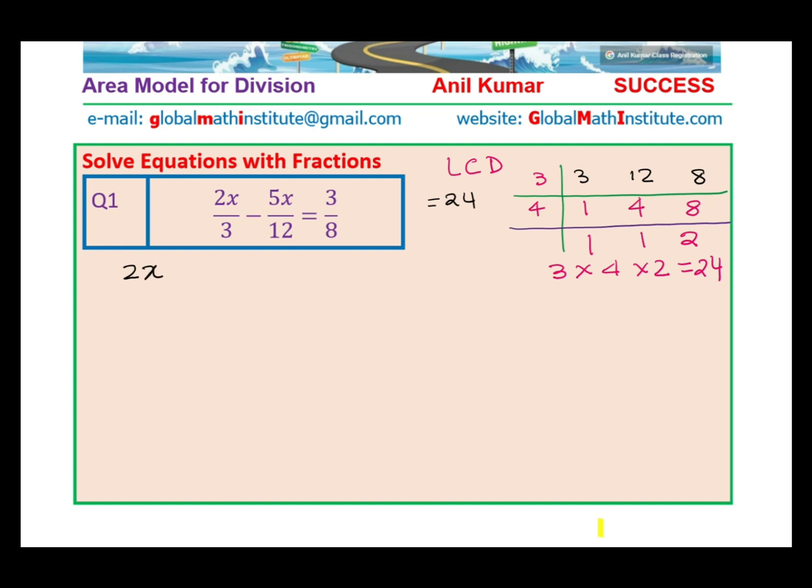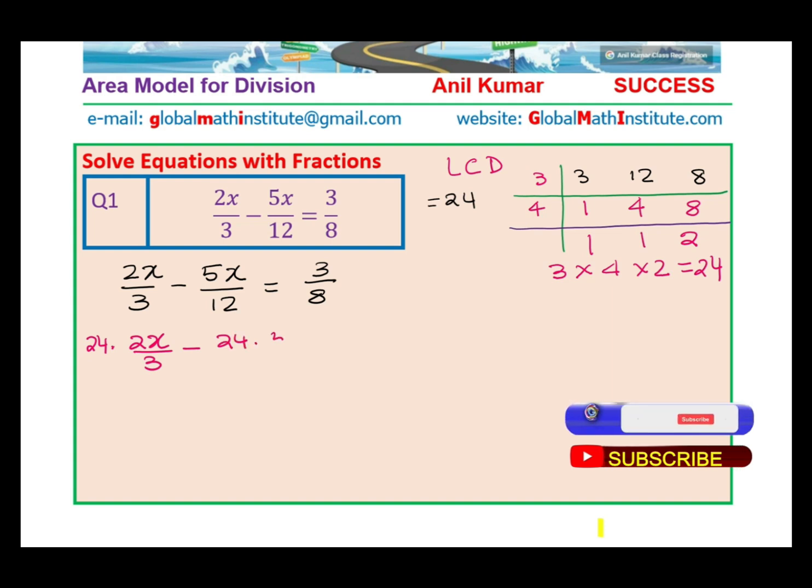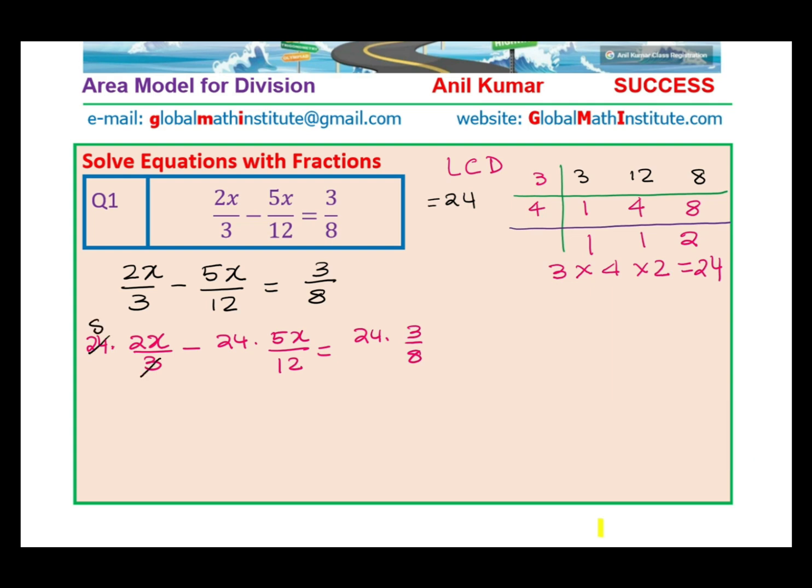We have 2x over 3 minus 5x over 12 equals to 3 over 8. Since the lowest common denominator is 24, we'll multiply each term with 24, right? So think like this. 24 times 2x over 3 minus 24 times 5x over 12 equals to 24 times 3 over 8. Now when you do that, you can see that 3 goes 8 times in 24, 12 goes twice, and 8